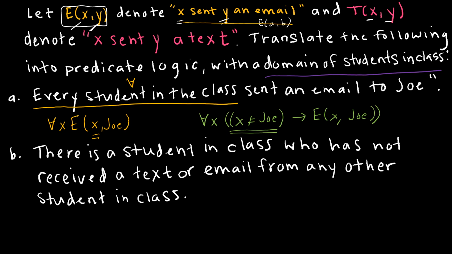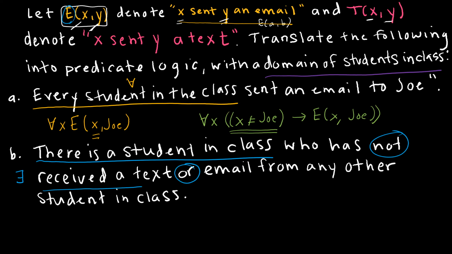Now let's take a look at the second one. There is a student in class. Again, there exists, hopefully your math brain says the backwards E, which is the existential quantifier, not to be confused with the regular E that says sent an email. So there is a student in class who has not received a text or email from any other student in the class. So there exists